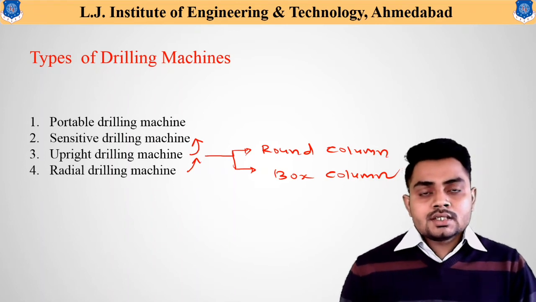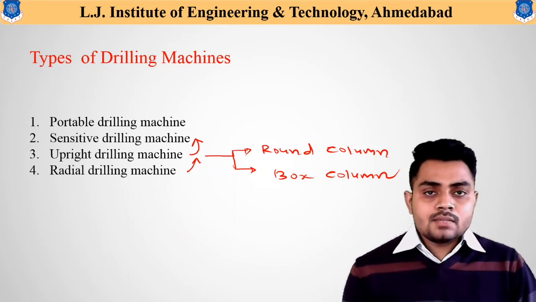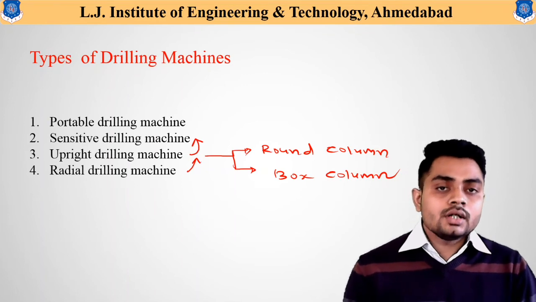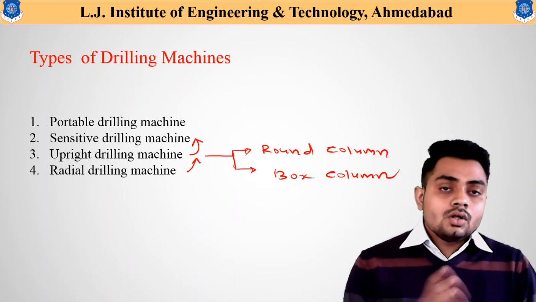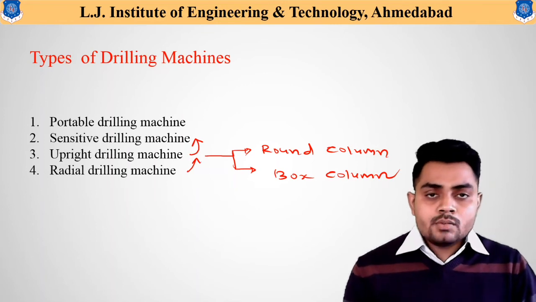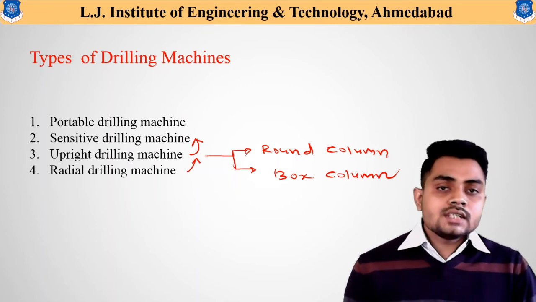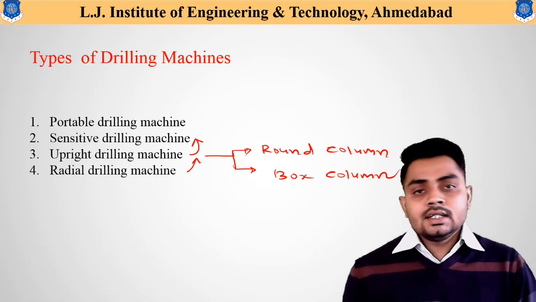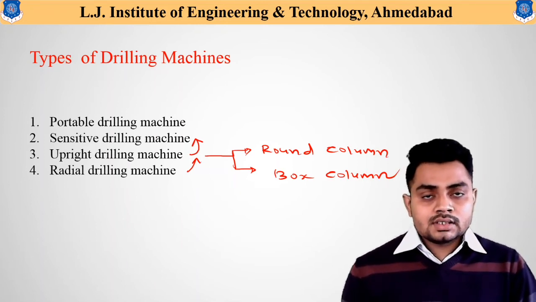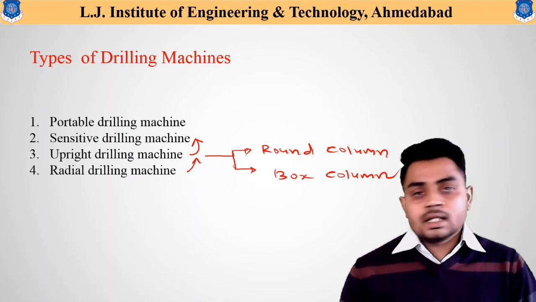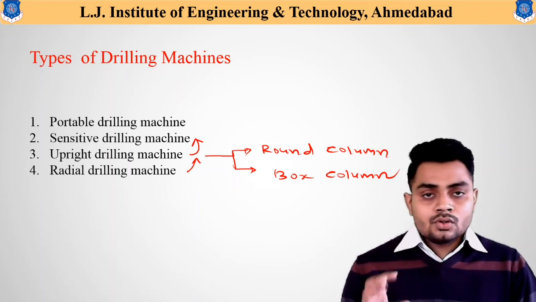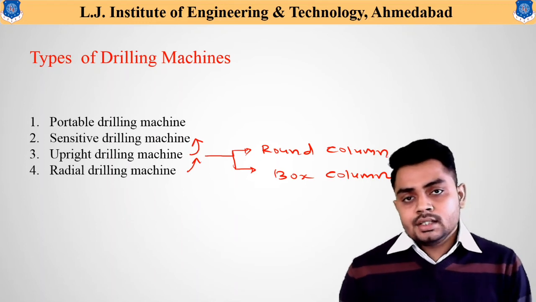This extra movement helps us to machine more workpieces by fixing them on the table. That means more workpieces can be set on the table by using the slots provided there, and by just moving the drill bit radially, or in the longitudinal or transverse direction, multiple workpieces can be machined very easily without changing the workpiece or wasting time. That means this particular machine saves our time also, and in this machine a larger diameter or larger hole can also be generated on the workpiece. So this is the basic detail about this radial drilling machine.